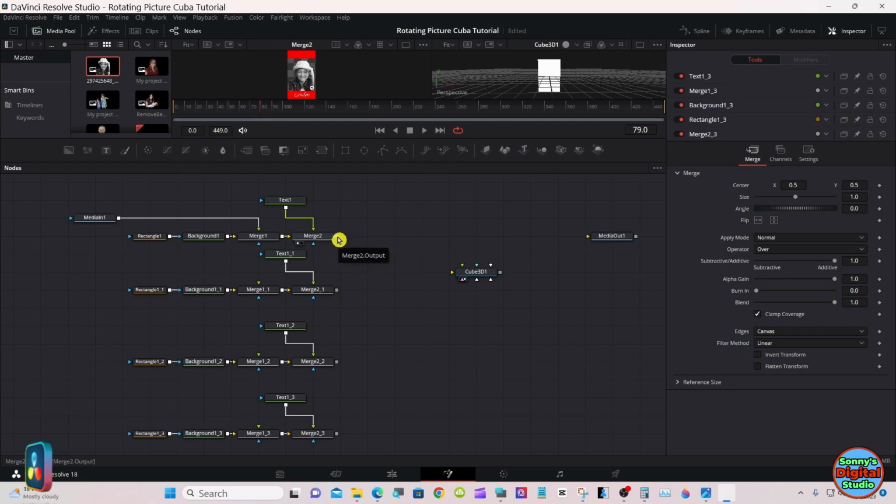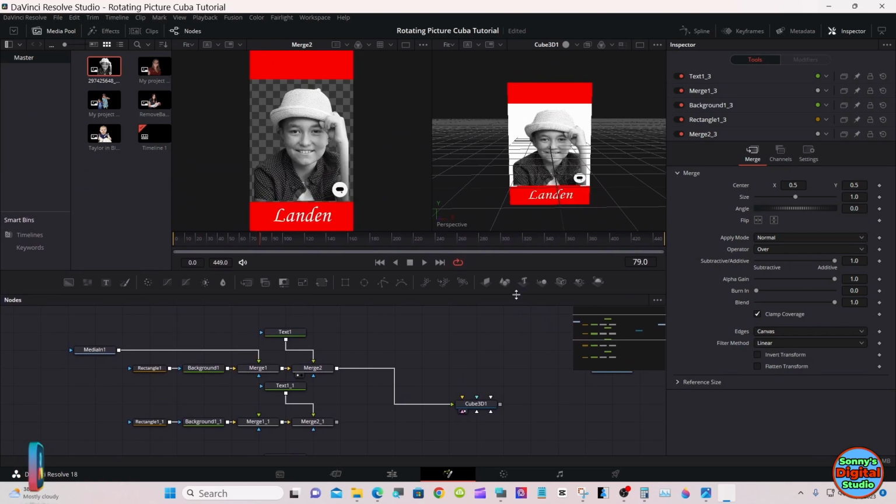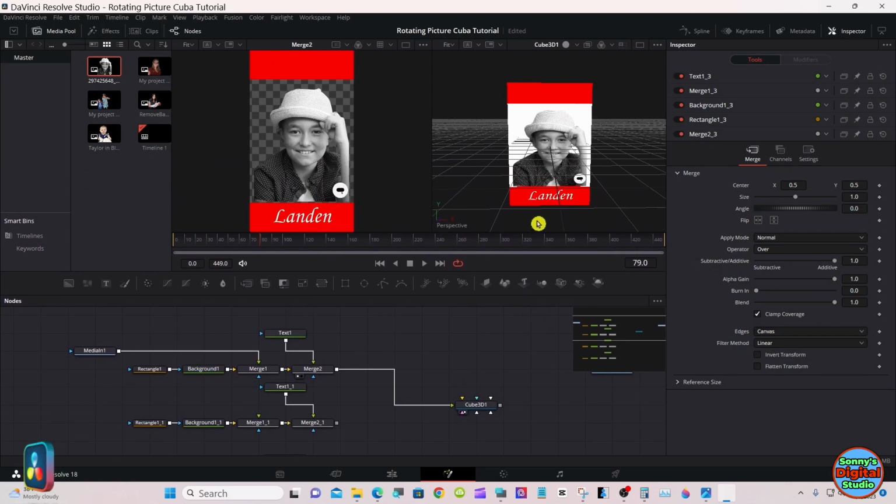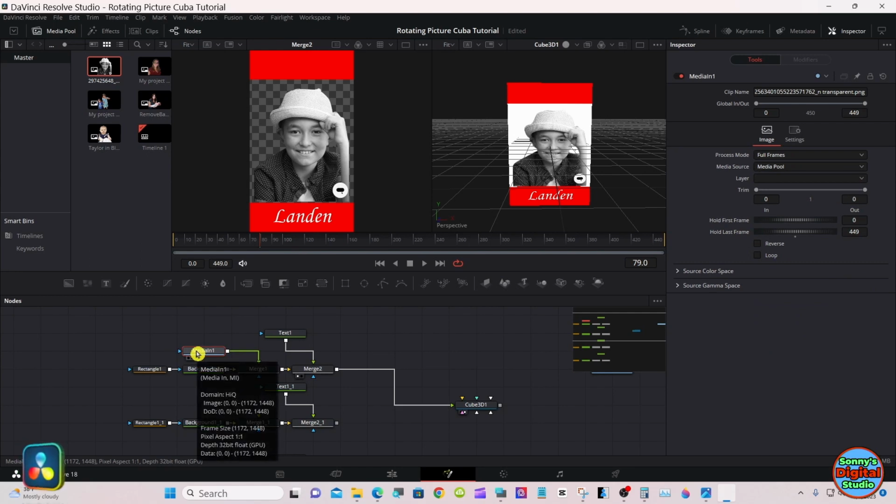Grab the top merge, which we merge to, right click it, drag it over to the cube, let go, and then select front. Now you'll see it's come up in the right viewer on our cube. We can move that back now.